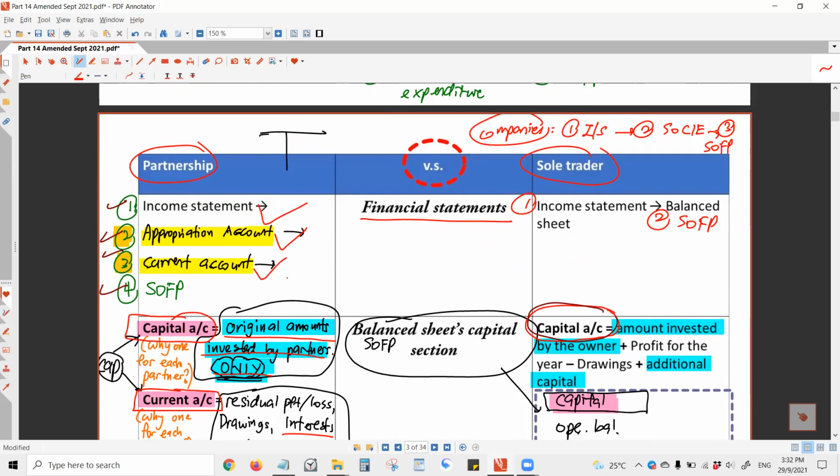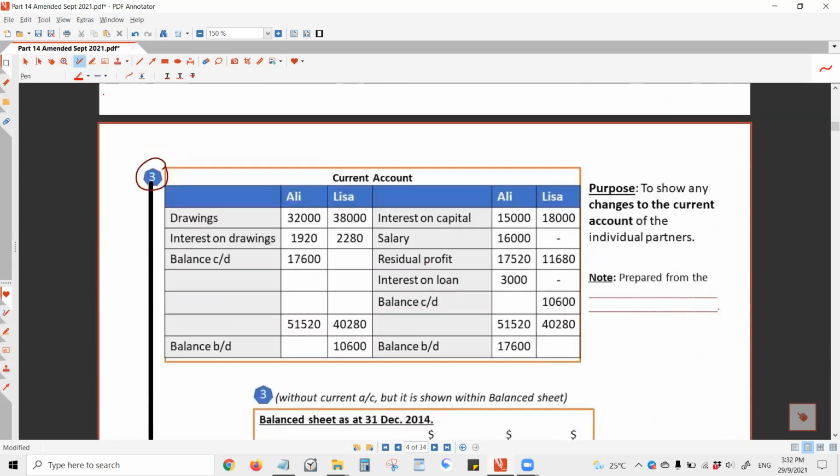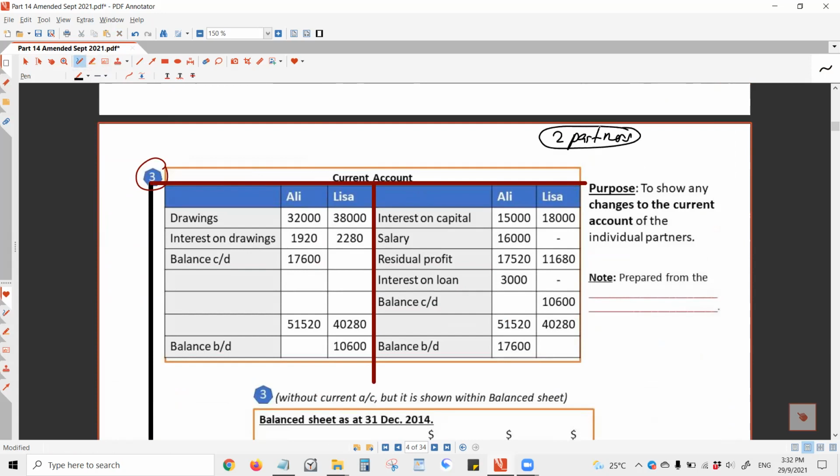Then followed by current account. So how to do current account? It's a T shape. Current account is a very big T shape here. It's a T shape, but it's in the form of a table in the exam. Almost every partnership question in the exam has only 2 partners. There are always 2 partners given in the exam, unless you are doing an SPM accounting question. In Malay we call it the principal accountant. It's possible for you to see 3 partner columns, which makes things more complicated. But IGCSE is easier.